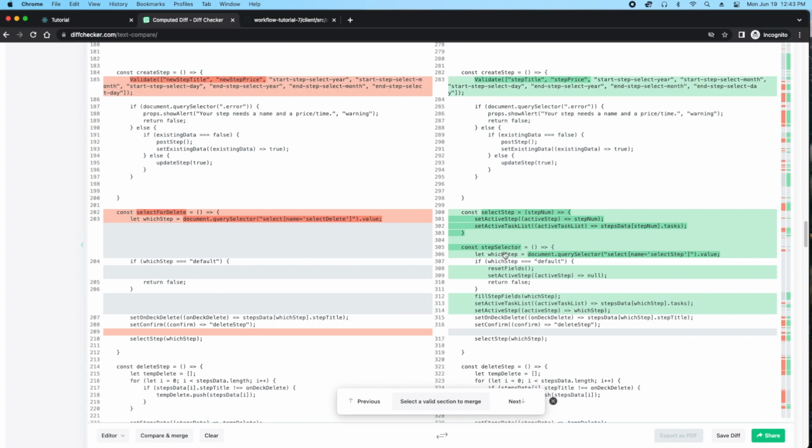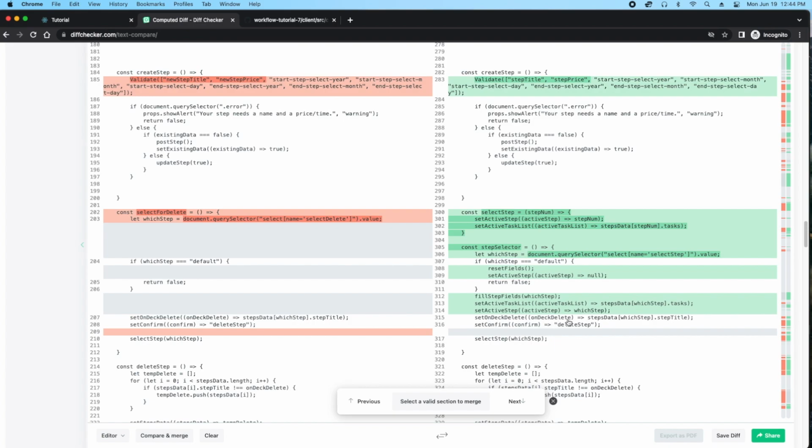Now step selector, all this stuff is working together. We're going to find out which step is active, and if it's default, we turn it off and say it's null and shut it down. This means that they just put it back to the first field, or the first selection. But then we call our fill all steps, which we spoke of earlier. We set active task list to tell it which task is active. The active step is notified along with